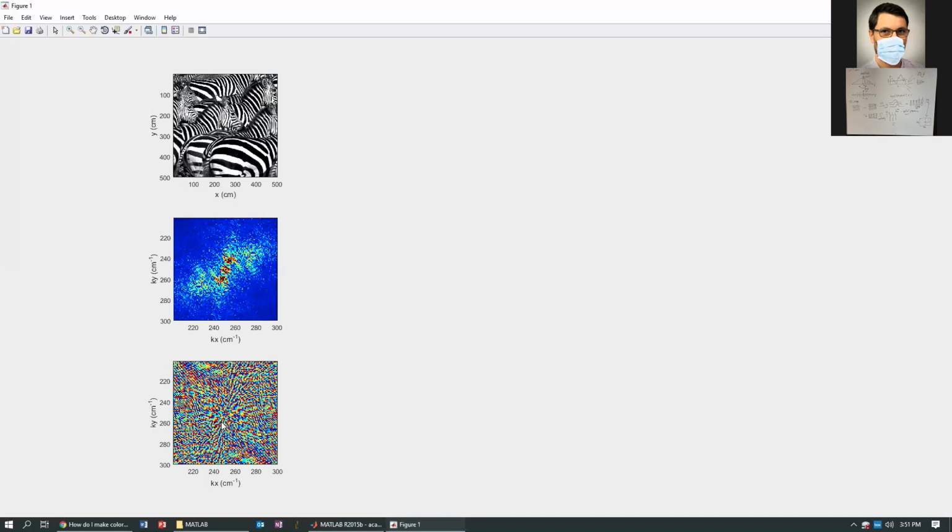And as you can appreciate, it is in a way a little bit less intuitive to look at the phase information than the amplitude information. So what I'm going to do here with this script allows me to isolate specific regions of the spectrum and look at what those regions of the spectrum encode in terms of the image. So I'm going to circle out, to start with,